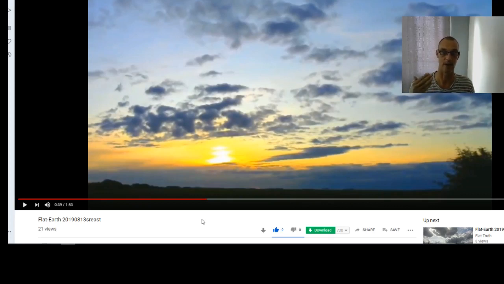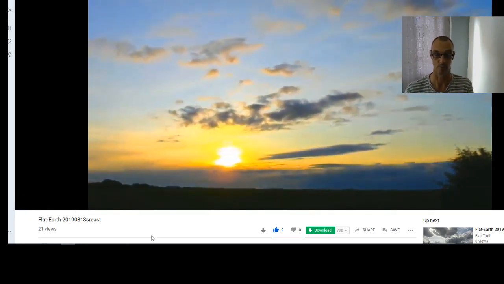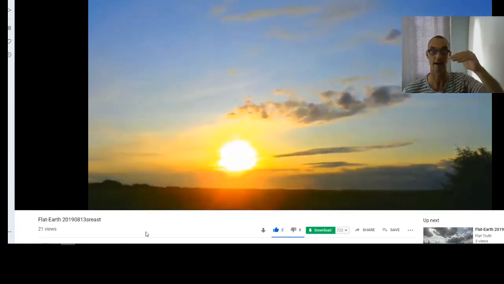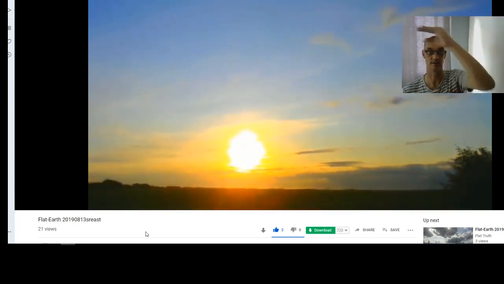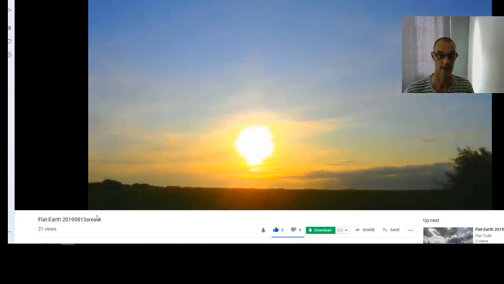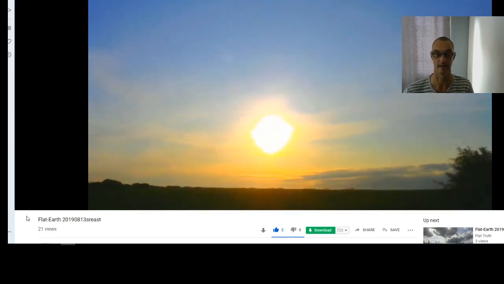So from our perspective, looking at a very distant sun and distant horizon, then of course the sun does appear to just rise up from the Earth, and this could give us the impression that it's the Earth that's moving or rotating to allow the sun to come up. But in fact, all that's happening is a longer distant version of what we see happening here: a higher sun than the clouds, and of course eventually the sun comes into view and continues to go across the Earth. So an excellent demonstration, and